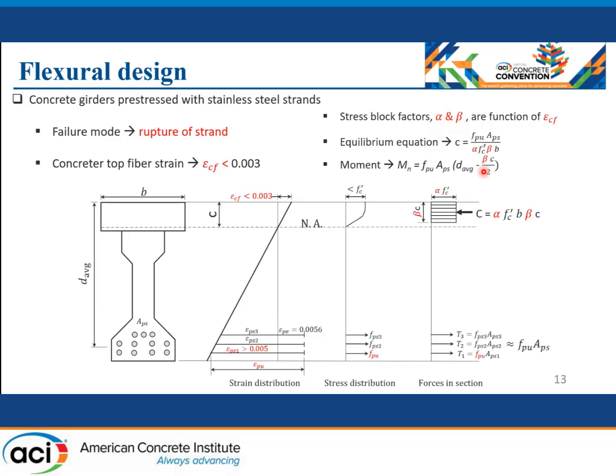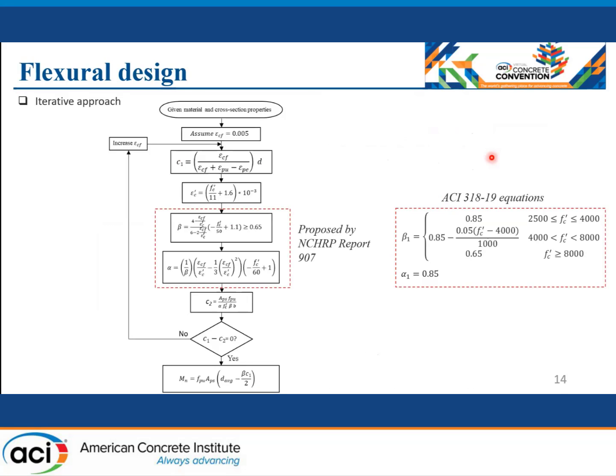So here we have two unknowns, alpha 1 and beta 1, and if we want to calculate the neutral axis depth, we cannot, because alpha and beta are unknown, and we need to do iteration to determine those values. So we propose an iterative approach to determine the nominal capacity of the strands. It's very simple. You start by assuming the concrete top fiber strain, and then from the strain distribution, you calculate the neutral axis,